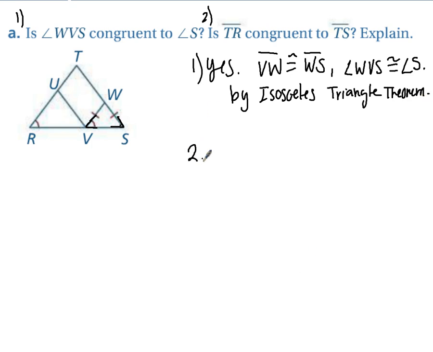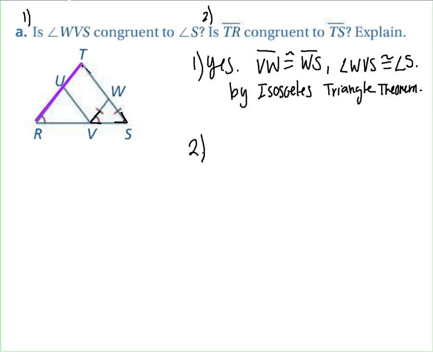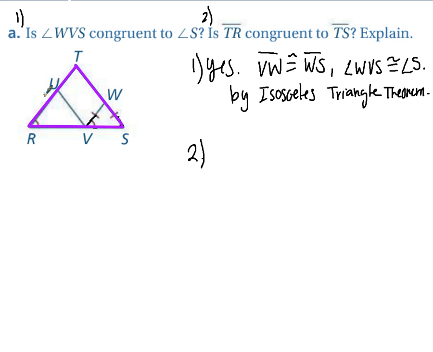Okay, number 2, is TR congruent to TS? So we are looking at these sides of the large triangle. Ultimately, I want to know, is this whole side congruent to this whole side? We know from 1 that all 3 of those angles are congruent. Since angle R is congruent to angle S,